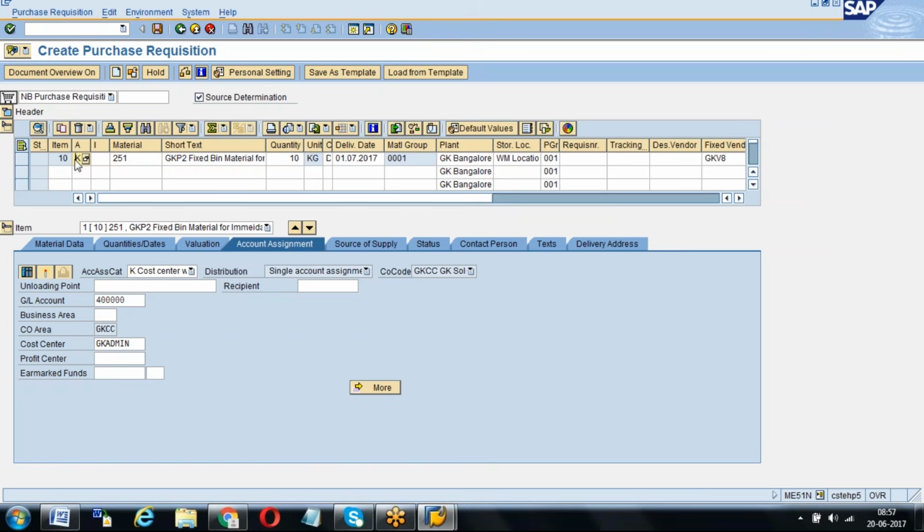Maximum, they may give very small items. They don't want to maintain stock for that, as it is too much process. They don't want it for an item which costs 5 rupees or 10 rupees or 6 rupees. That depends on how your company wants to deal with it. But when it comes to services, 100% you have to give